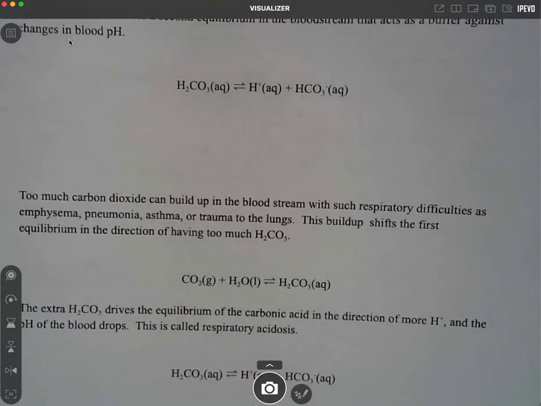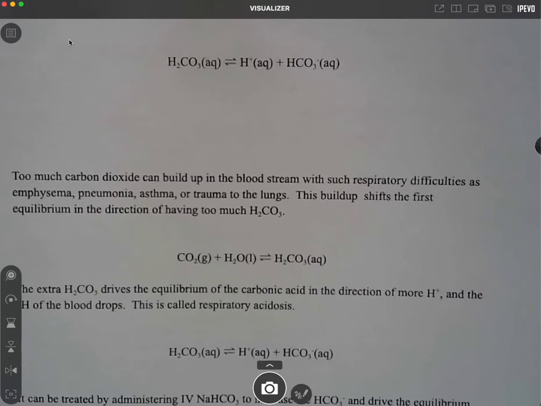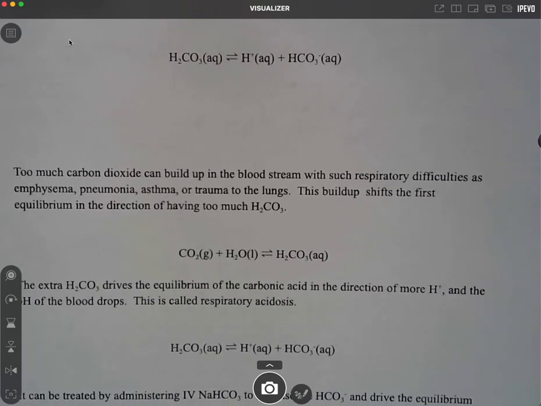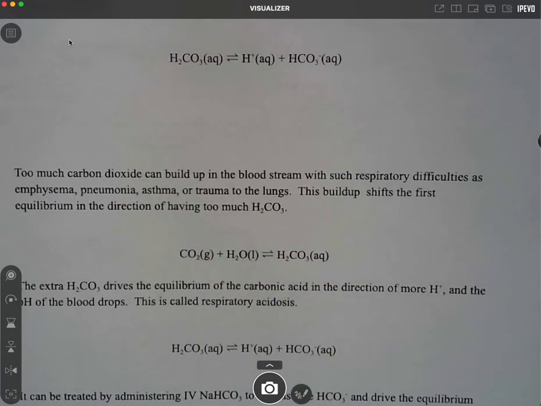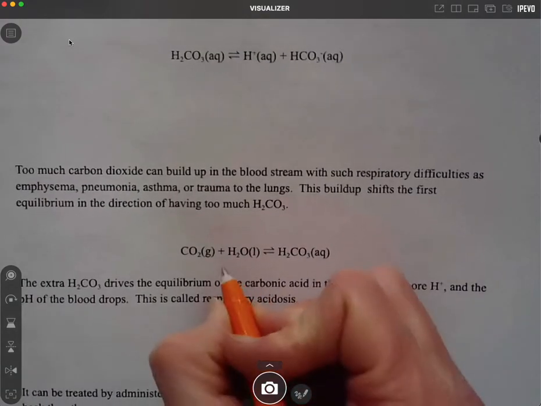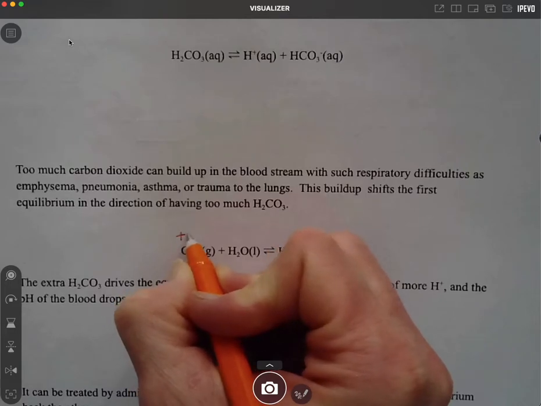If you get too much carbon dioxide built up in the bloodstream, so let's say you have a patient who's having breathing difficulties. Obviously with COVID patients, this is one of the primary reasons that they're in the hospital. They're having breathing difficulties. If your lungs aren't functioning properly, you start to build up too much carbon dioxide in the bloodstream. I should have added COVID here. This buildup takes the first equilibrium and shifts it this direction. With too much